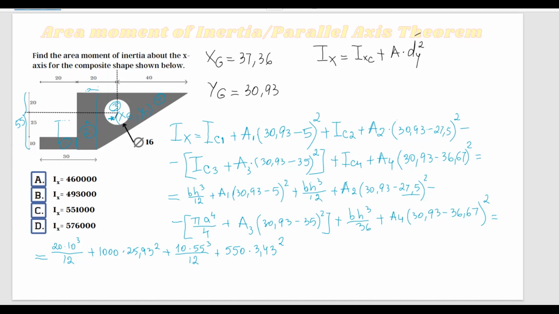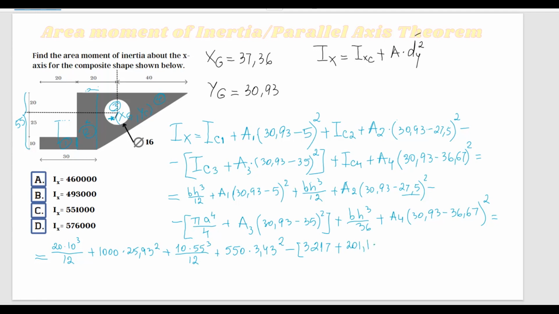and now we're going to subtract pi a to the power 4 over 4, and the radius is 8. So I get the moment of inertia about its centroid of the circle, 3216.99. So I'll do 3217 plus area of the circle, which is pi multiplied by r squared. Pi times 8 squared, so we have 201.1